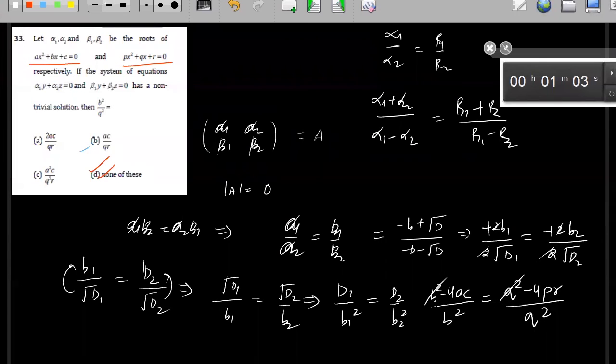Now you understood? Okay, so this plus 4. So you will have q square by b square is equal to pr by ac. But they have given qr. I do not know if they intentionally gave it or it's a misprint, but if these were the options, then the answer will be none of these. Okay, so let's copy this one. Understood? Fine. Just give me 1 minute.